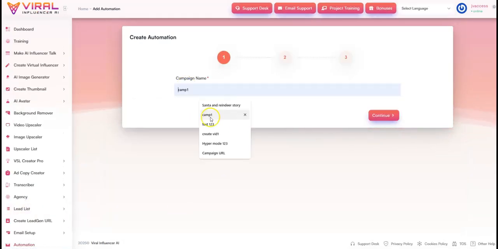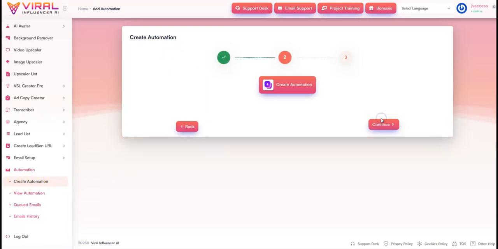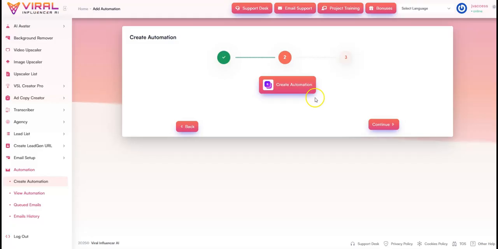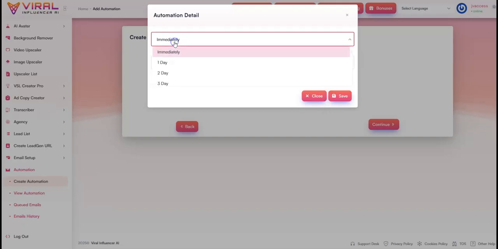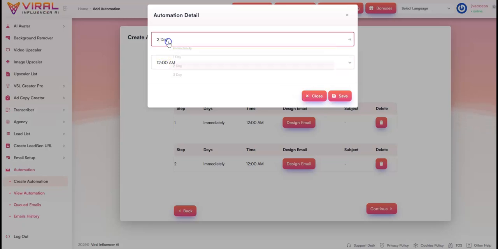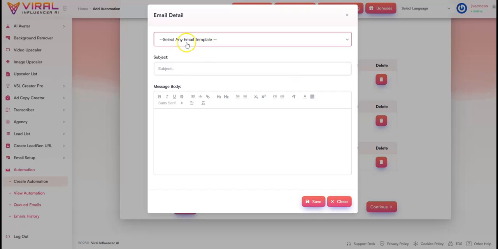So you can actually name the campaign first under automation section, click on create automation. Once you click on create automation, all you have to do is then create the automation. So you've got day 1, day 2, day 3 added right over here. And you can get started by creating automation for day 1 at this particular time, and for day 2 at this particular time, day 3 at this particular time. And once that is done, design the email,